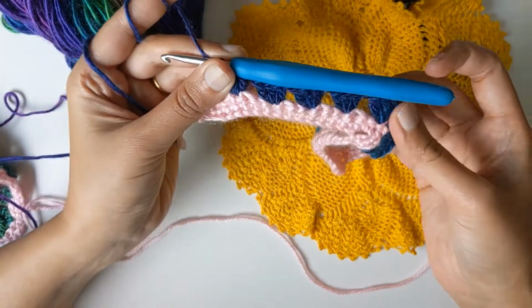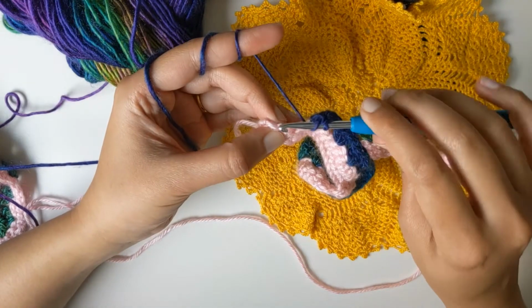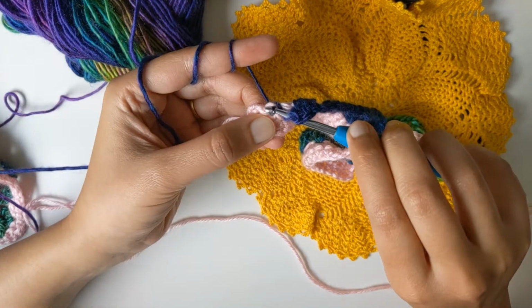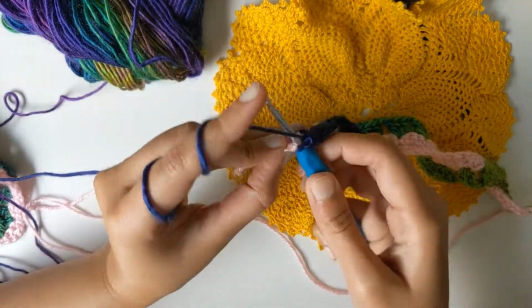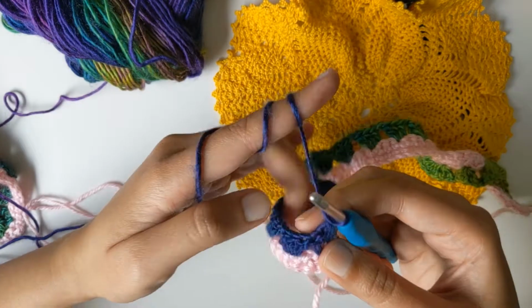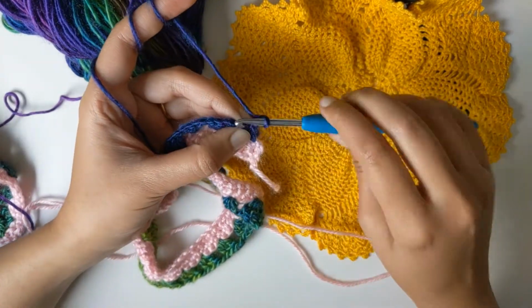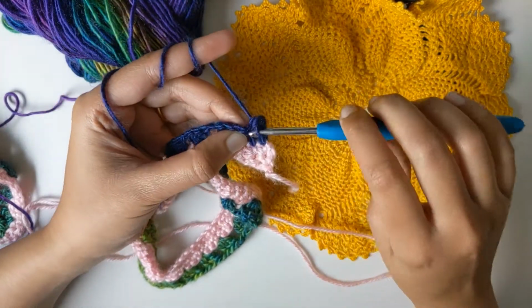At the end of row 4, you should be left with 3 stitches. So I'm gonna skip 1 and do a double crochet in the last 2 to end this row just the way like you started. For row 5, chain 1 and turn, and this is a row of single crochets. So I'm gonna start with a single crochet in the first, in the second,